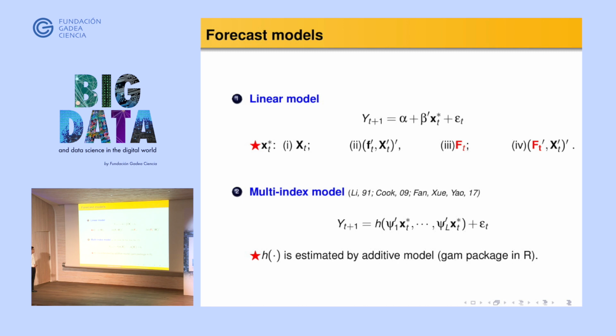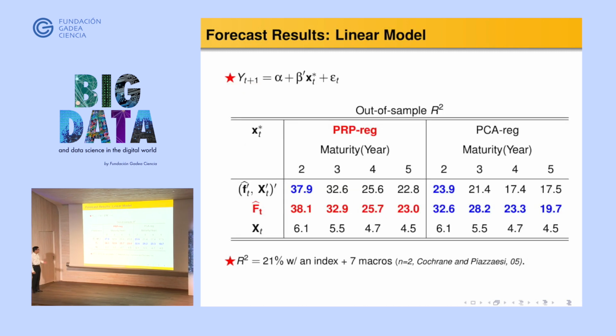So on the linear model, what is the XT I could use, right? The laziest one: I just use those 8 macroeconomic time series. The traditional one, say augmented principal component regression or augmented factor models, uses latent factors plus the 8 macroeconomic time series. The third one is FT, the projected PCA, extracting a latent factor that uses information from both WT and XT. And lastly, I could use both of those, plus augmented variables and so on. And you can do nonlinear regression and so on.